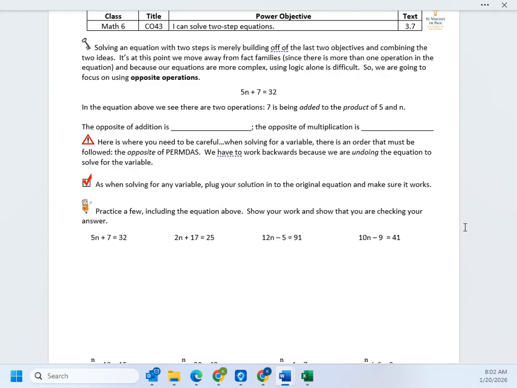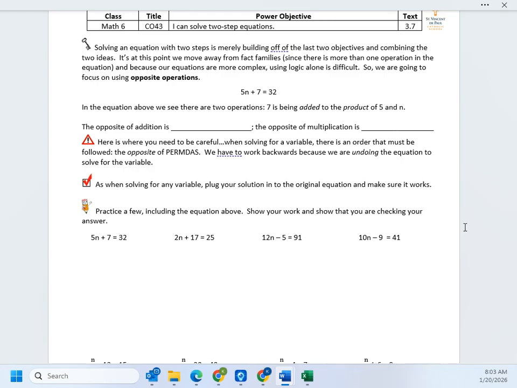Now, because my voice is going out, I don't know how the microphone's going to pick me up when I'm over at the screen. If you're watching this at home and you're having a hard time hearing me, you can look up last year's objective number CO43. It's the same objective. So if you have a hard time listening to the recording and you're not understanding it, look up last year's objective to help you. And then definitely come and ask me questions. All right, so